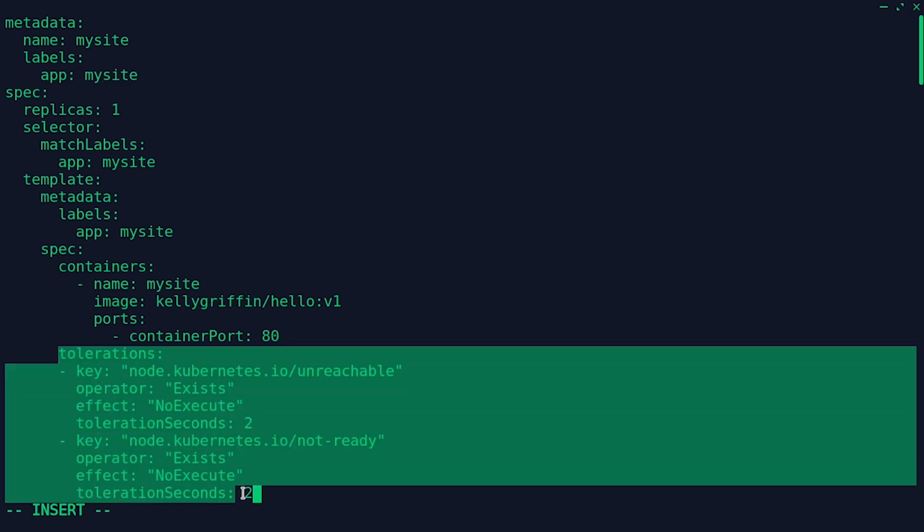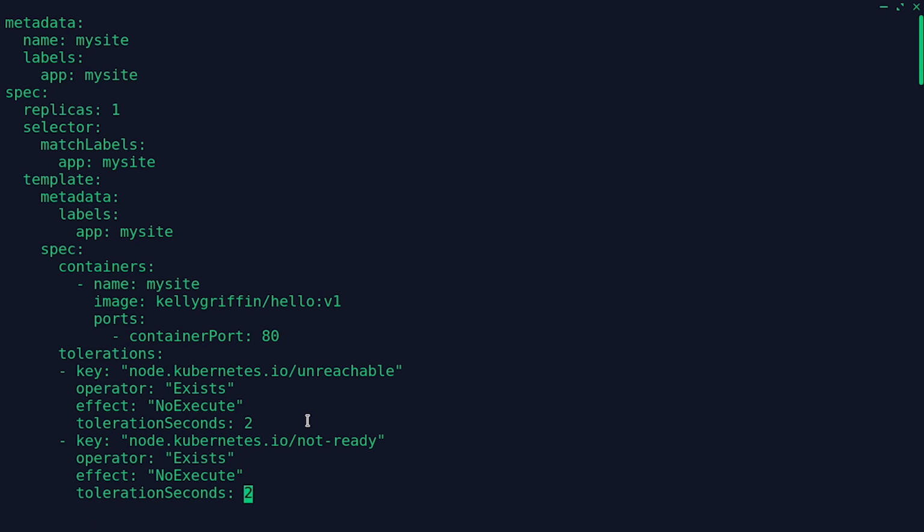And this toleration section is what I have added because by default Kubernetes will wait for 5 minutes to schedule the pod into another node in case of a node failure. But keep in mind that this is only one way of doing it. You can always do this globally at a cluster level too. Alright, let's save it